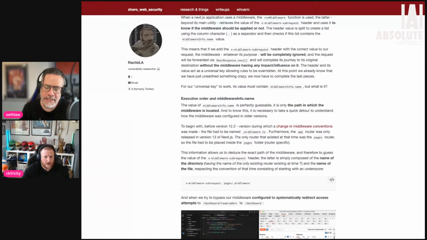Well, and this is part of the problem. Like you're a defender, right? I have a Next.js application, and this is one of the problems trying to be a product security, application security engineer on a blue team or for an organization. When something like this comes out, it's all hands on deck.